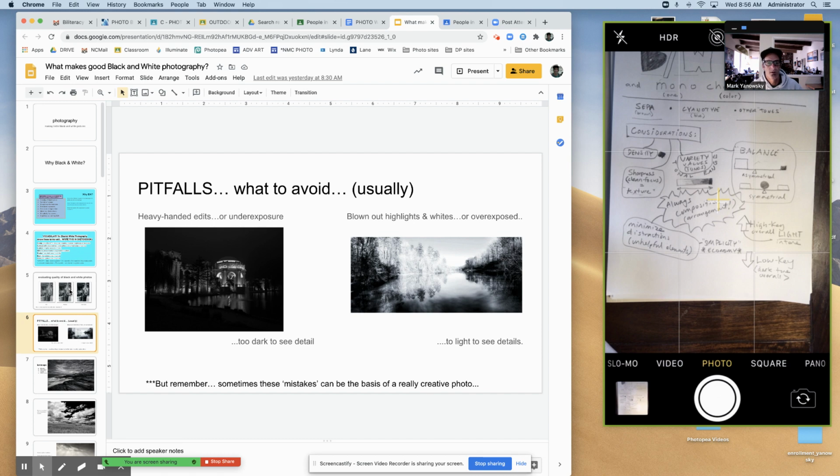Here's an example of when maybe things get too dark, like on the left, and it just feels oppressive, and you can't really get to the details of that building, even though there's some light there. All right, so underexposure or heavy-handed edits where you make it too dark means that the dark areas lose detail. And an overexposed photo or over-edited photo for the whites